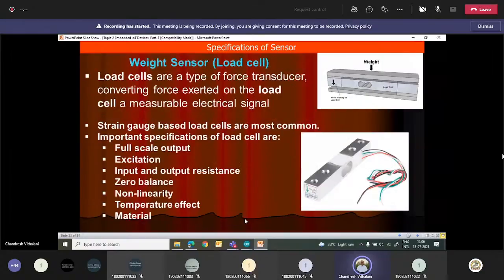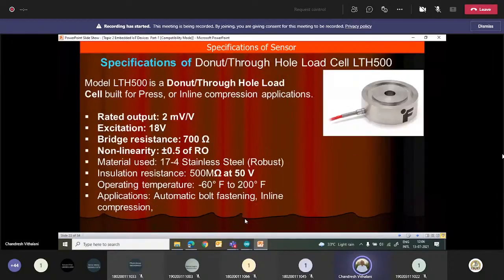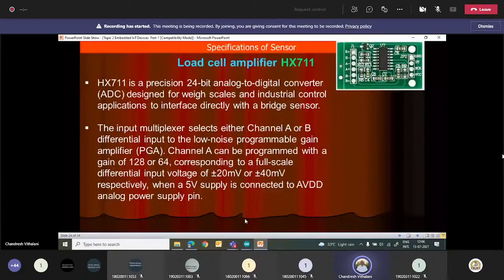These are the sensors we discussed during our last session. Load cell amplifiers, I think from here we stopped our discussion. The load cell amplifier is required because the output from the bridge will be in millivolts, and we need to convert that into a digital signal with the help of an ADC, which is a 24-bit ADC.